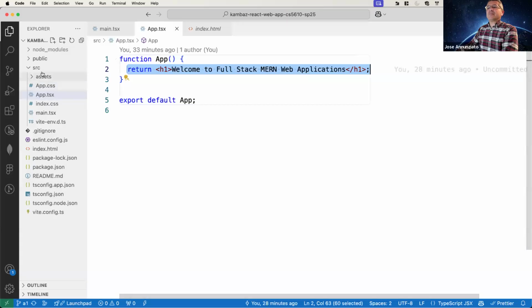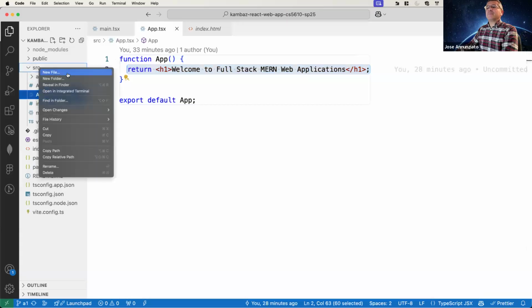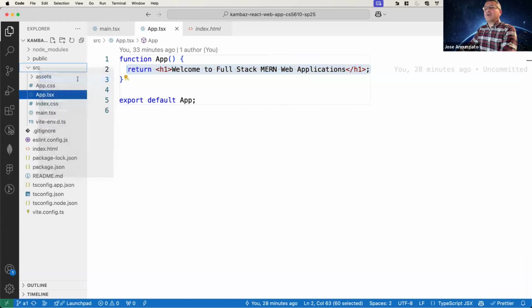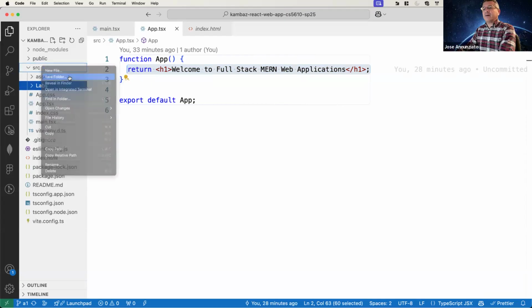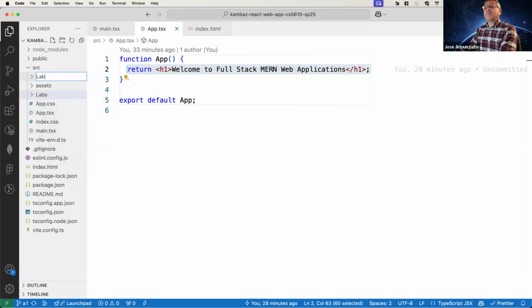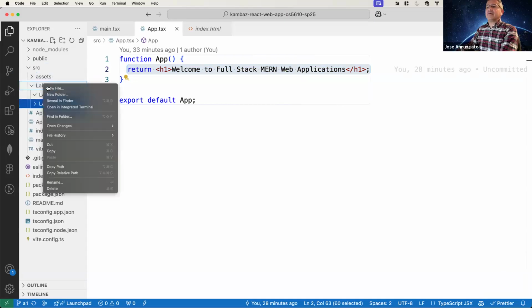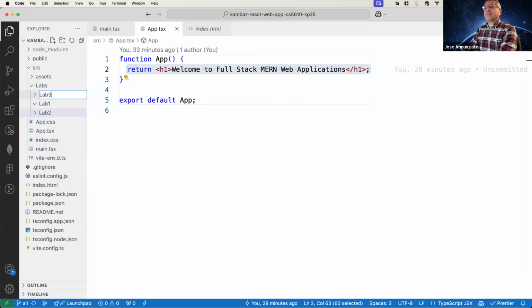So, for instance, what we're going to do is that in the source, we're going to create a folder called labs. And under there, for each chapter, we're going to have a different lab. So we're going to have a folder for lab 1, actually under the labs, right here. And then we're going to have another folder for lab 2, and so on and so forth, and lab 3, etc. So for lab 1,